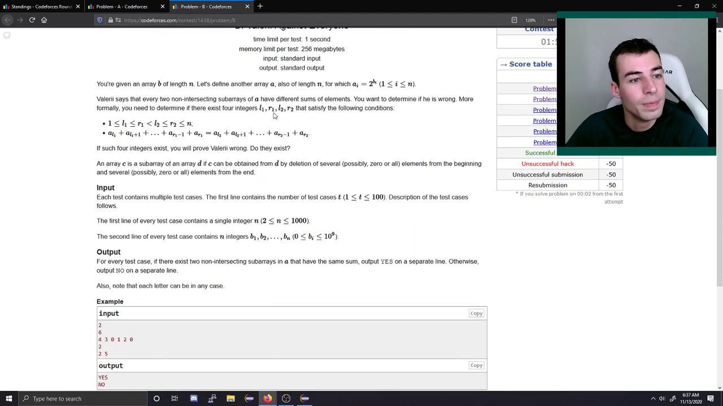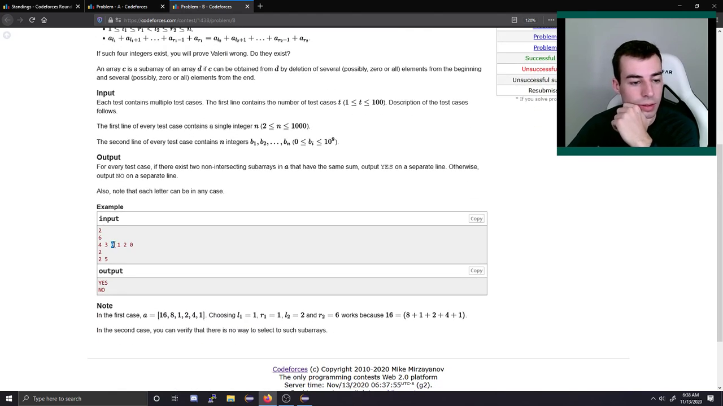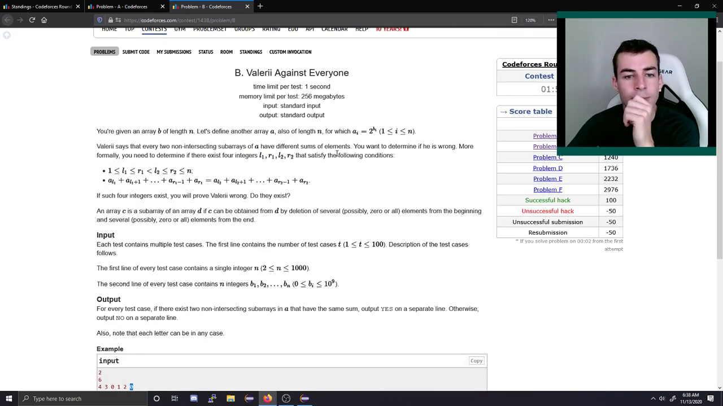Valerie against the world. You've got an array B of length n. You also have another array, also of length n, where the ith element is 2 to the b. Okay. Every two non-intersecting subarrays have different sums of elements. Got it. Well, if it has any duplicates, then the answer should be no. Okay,